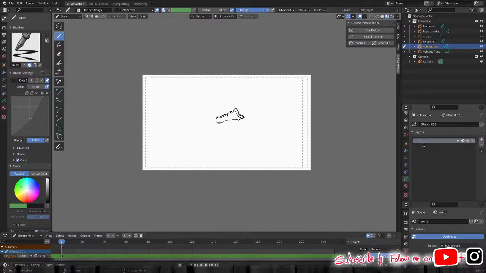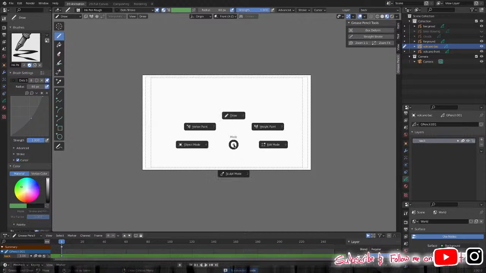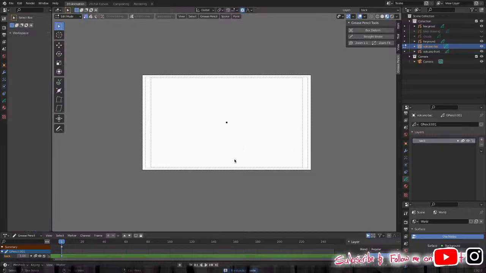I'm gonna call this back. Let me hide the, is it this one's base drawing? I had the base drawing, and then Control V, edit mode, Control V. Oh, there it is. Alright, so